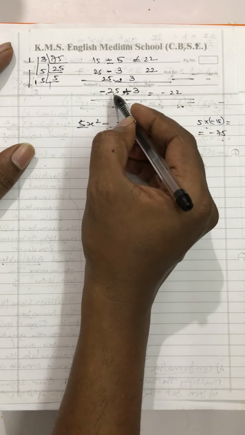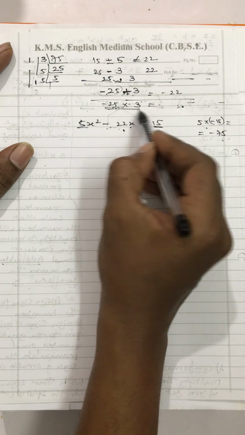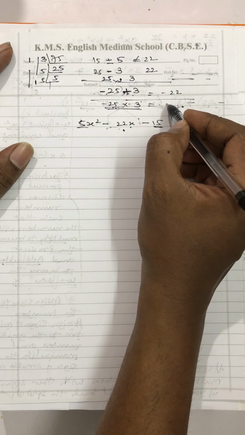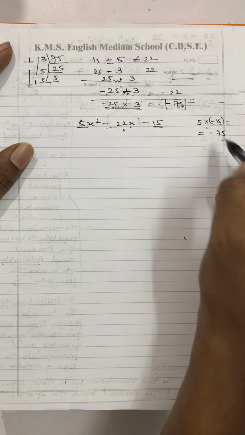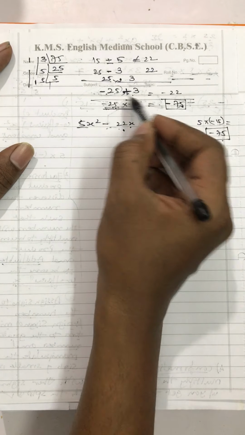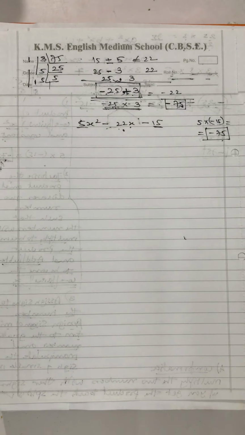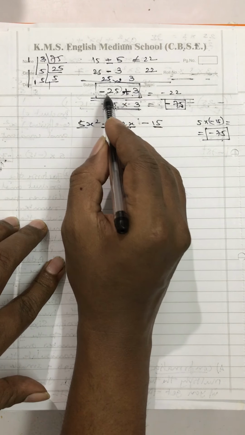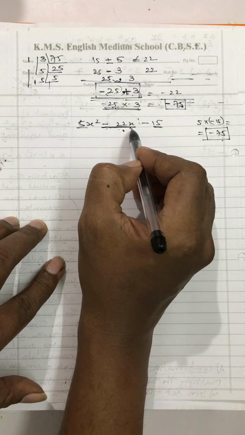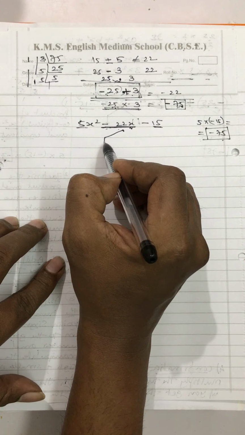Now confirmation. For confirmation, you have to multiply minus 25 into plus 3. If you multiply this, what do you get? Minus plus minus, 25 3s are 75, minus 75. You have reached over here. That means this split of yours, minus 25 and plus 3, is the right split. So now in place of this minus 22x, I will write minus 25x plus 3x. Are you getting? This is called splitting the middle term. I will be splitting the middle term.